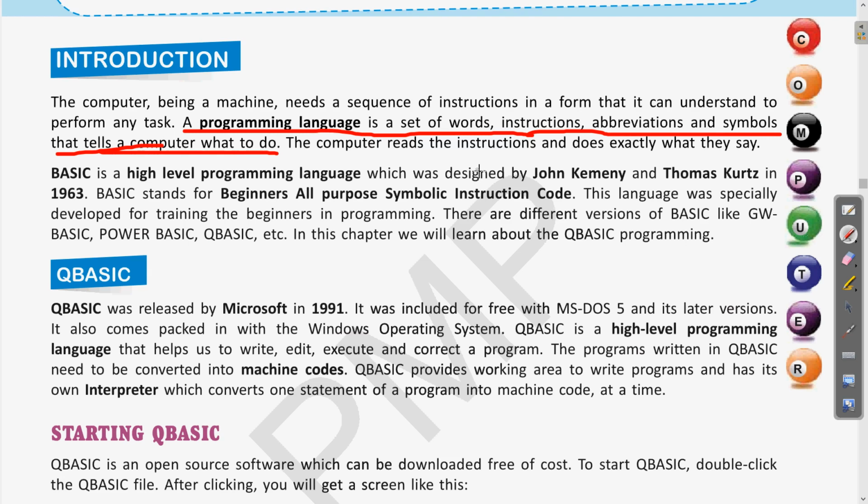Whatever language the person is speaking, all the instructions are required to be given in that language. In the same way, the computer understands some machine language, so that language will be understood by the machine, clear. That is why these programs and these different instructions which are given to the computer all are part of that programming language.